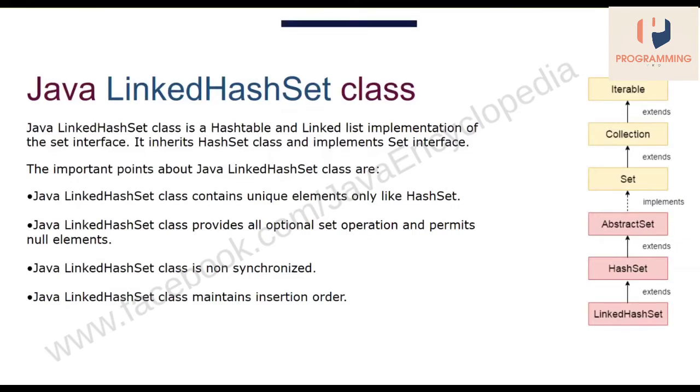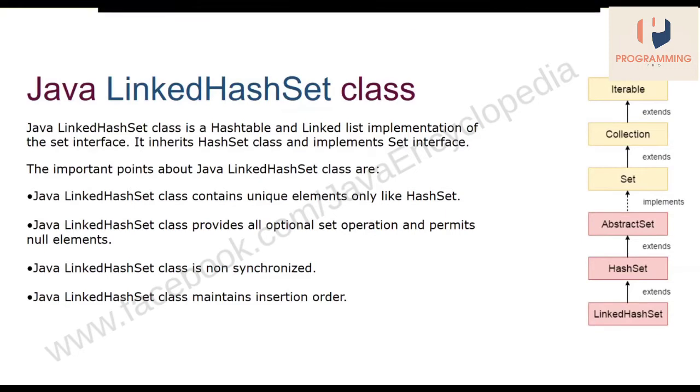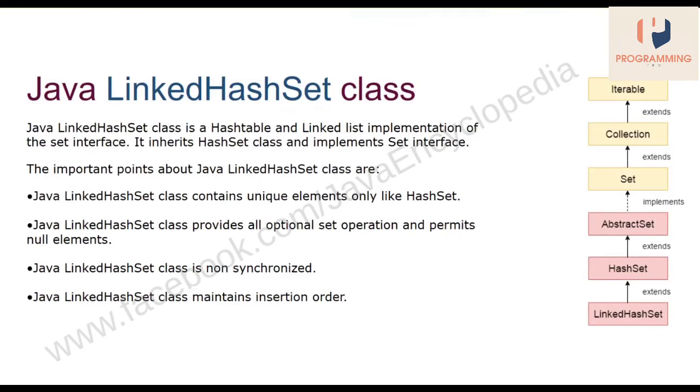Yesterday also I told you an example, like we are bringing data from the data set and we need to give it to the front end in an insertion or fetched manner. So in that case I will go for a linked hash set rather than a list. I want to remove the duplicates and I want to give an insertion order also. In such a case, I will go for a linked hash set.